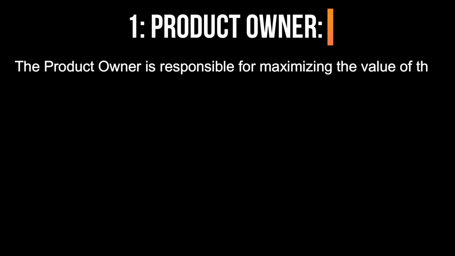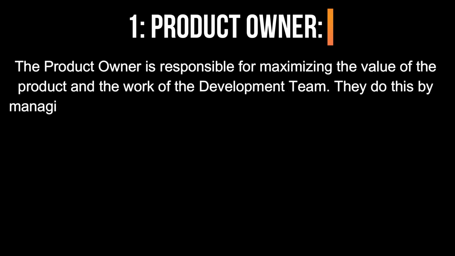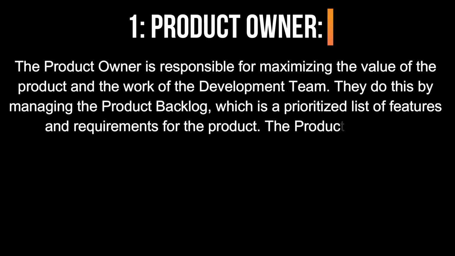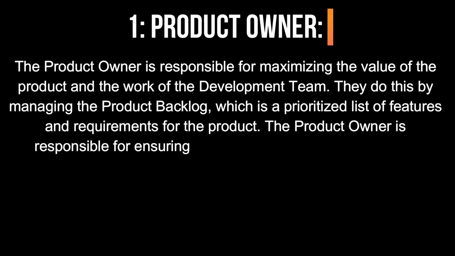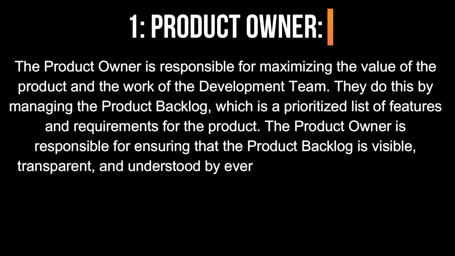1. Product owner. The product owner is responsible for maximizing the value of the product and the work of the development team. They do this by managing the product backlog, which is a prioritized list of features and requirements for the product. The product owner is responsible for ensuring that the product backlog is visible, transparent, and understood by everyone